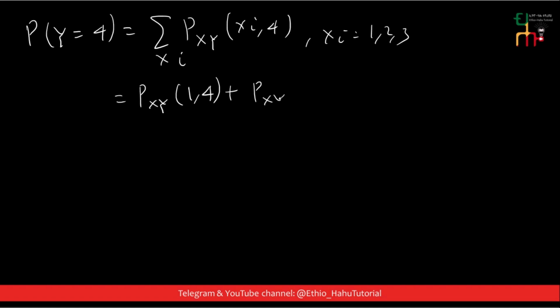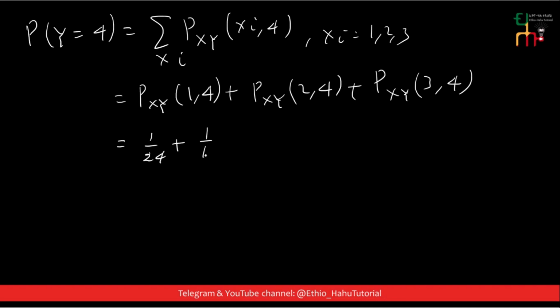The joint probability mass function of xy of xi 2 y 4 plus the joint probability mass function of xy of xi 3, y is 4. This is equal to 1 over 24 plus 1 over 12 ይሄ ማለት ነው plus ይሄን ታገኙት